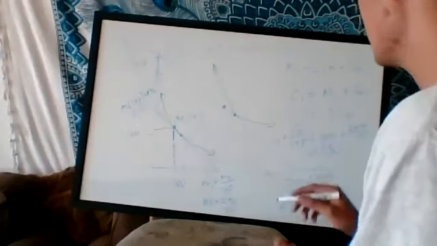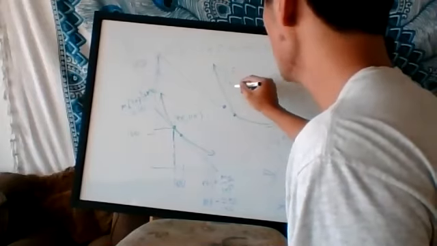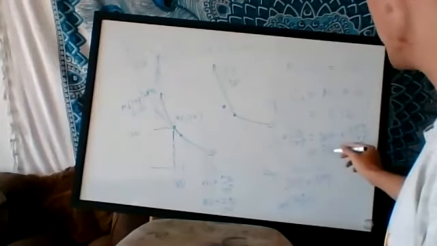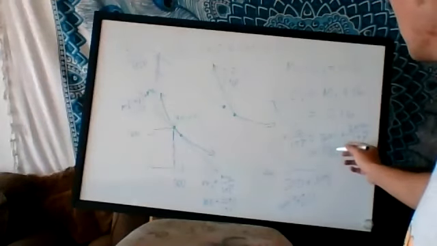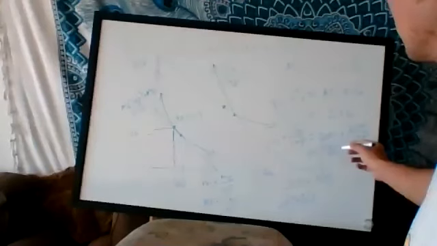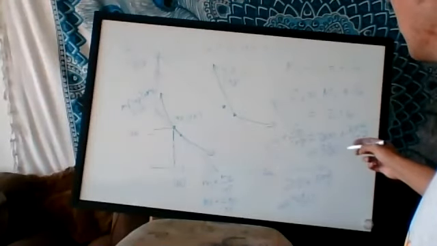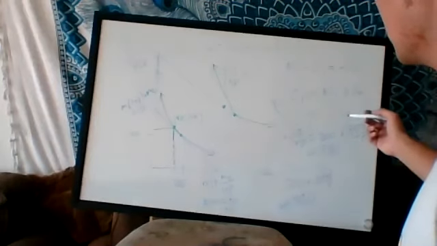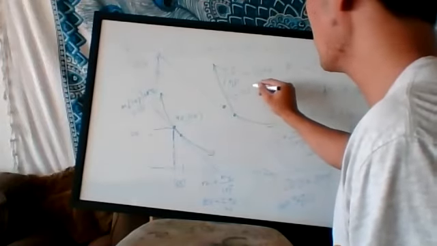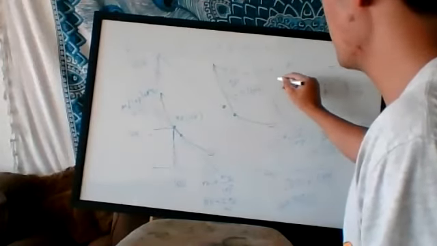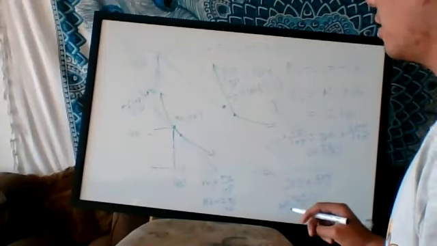So C2 over 1 plus rho is equal to 380 minus 216, which I believe is 164. Does that sound right? Yeah, 164. Okay, that sounds right. Which means that C2 is equal to 164 times 1.1, which I don't know off the top of my head. I believe it is around 180,